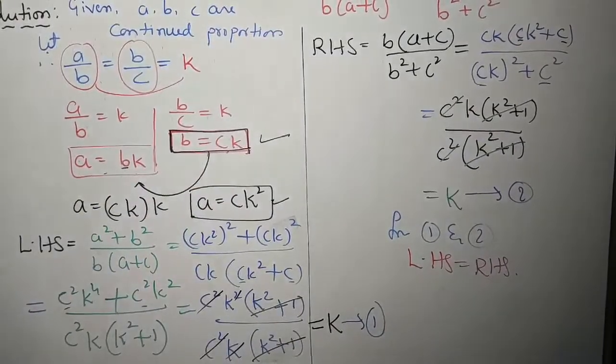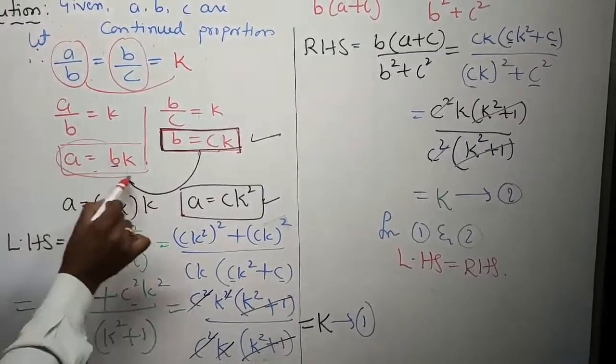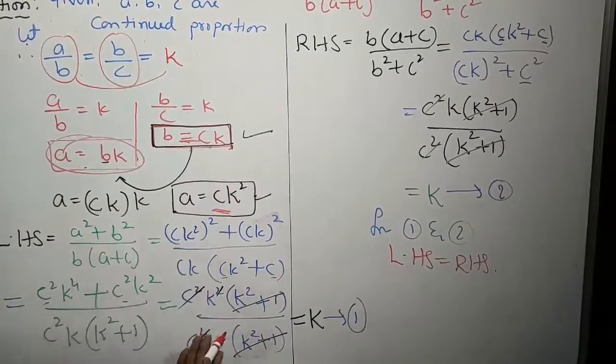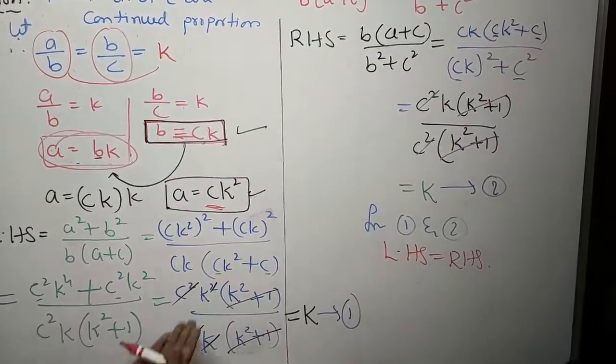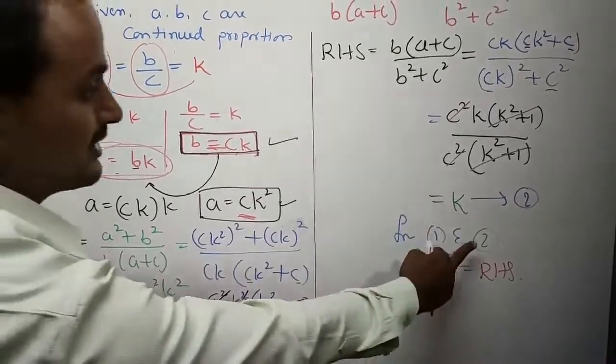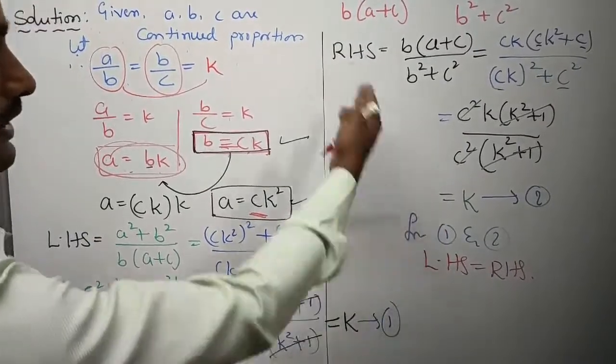Here only a small confusion: which is the b value, which is the a value? Don't consider this one as the a value; you consider this one and this one, children. c as it is, continue. Take the common factor, simplify like this. You will get one term. In the right hand side you will get a single term. The two are equal. From the left hand side and right hand side, equal came, children.